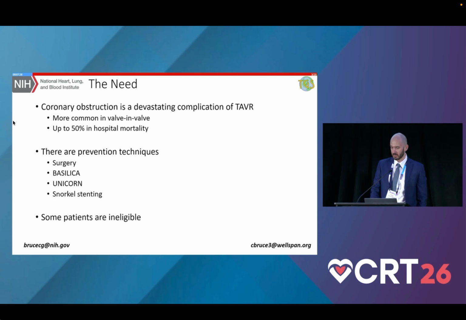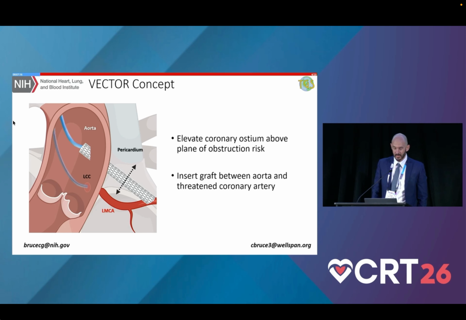The need, everybody knows, coronary obstruction is devastating. There are some prevention techniques which have been discussed in detail, but sometimes patients aren't eligible for what we currently have available. So the vector concept, like every good technique, we find a patient that needs something and we come